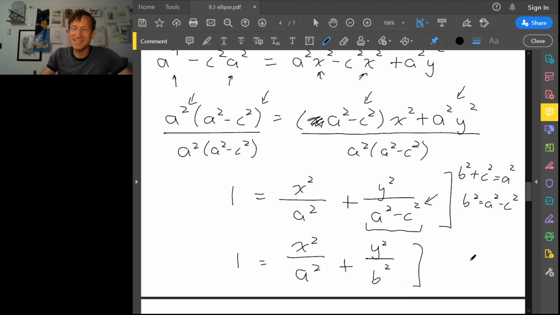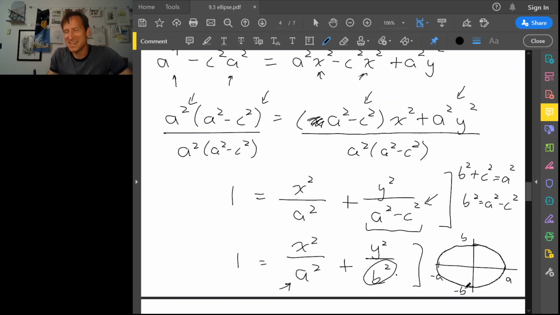And what makes this so nice is, if you have this equation, you can graph your ellipse very quickly because the semi-major axis is right here. It'll show up squared in your equation, but the square root of this denominator is a, so you can just go out a either side to minus a and plus a. And then the radius in the y direction is just the square root of this denominator, so you can go up b and down b. And then the ellipse is just the sort of oval shape that fills this in. Of course, it's a very specific oval shape,